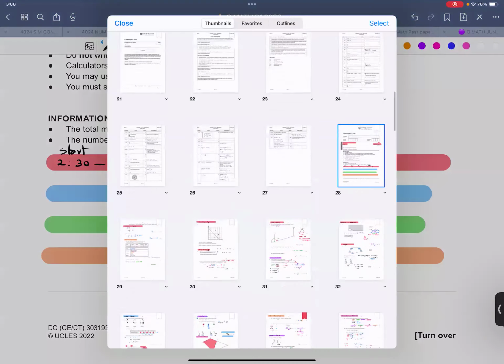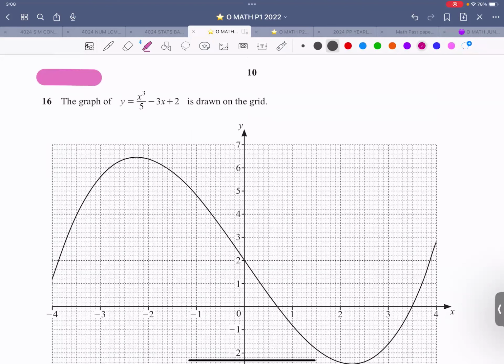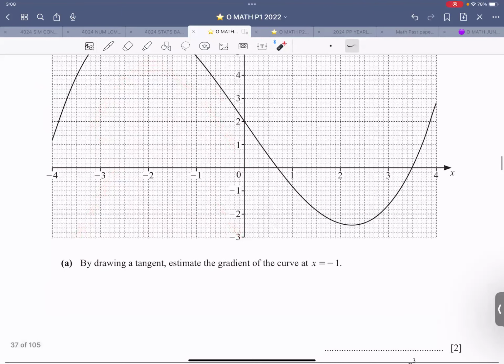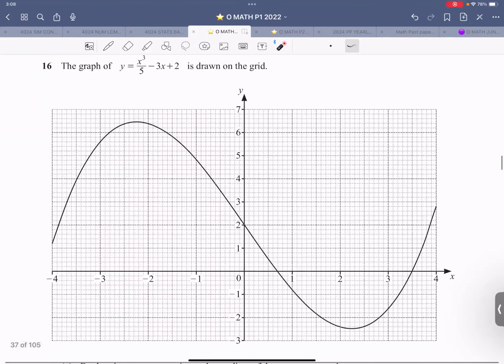So now we have a question of graphs. So now let me label it. This is all about graphical solution of equation. The graph of y is equals to x cube over 5 minus 3x plus 2 is drawn on the grid. It's a cubic graph, and that's how the shape is drawn. By drawing a tangent, estimate the gradient of the curve at x is equals to -1. So this is -1. You will go up, touch this point, draw a line that is touching the curve at